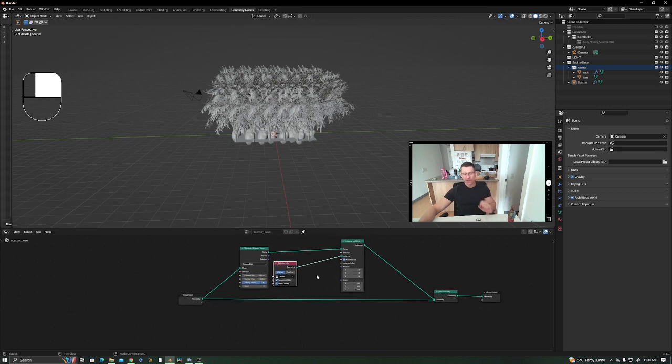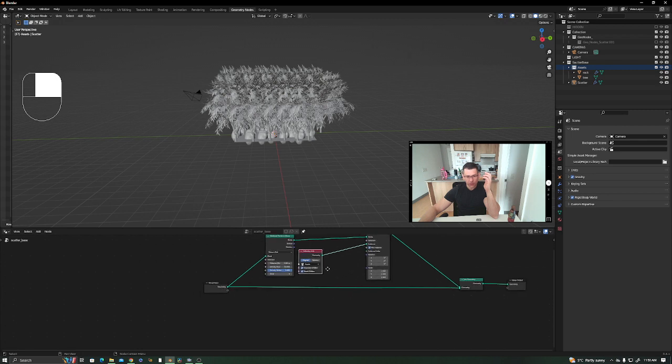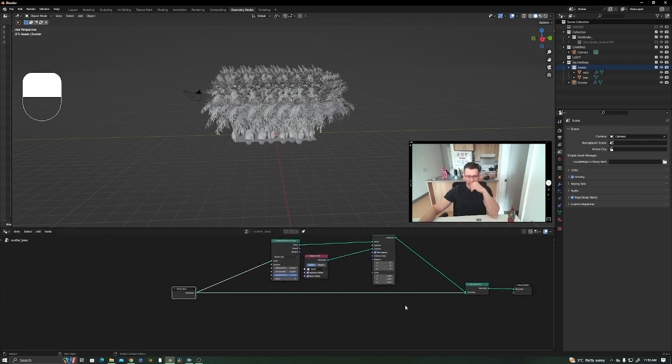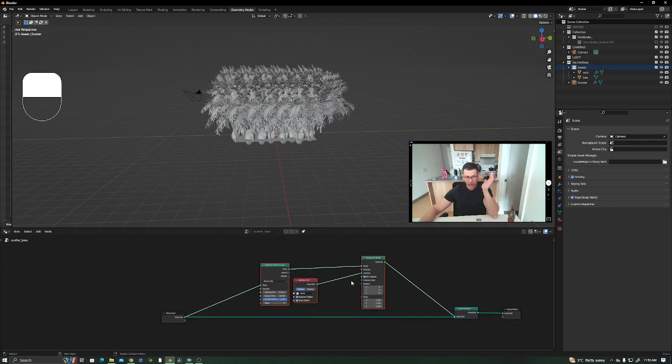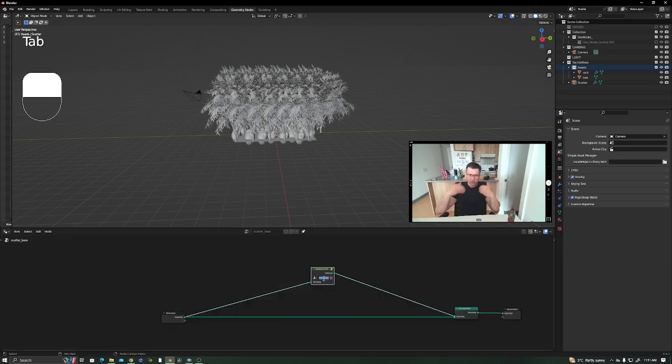What I like to do is create a group for that collection, so I may have more control over the objects that I will be scattering on that collection. So what do I normally do? I normally select everything on here, and I will create a group. Control G, create a group. Press Tab to go out of the group, and I would tell this scatter